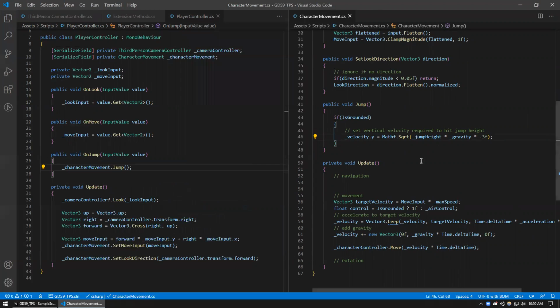Okay, so it's 11 o'clock. Let's take a break for 10 minutes. And when we get back, we'll set up our jump from our player input. And we'll get the last piece of our movement going. Then we'll add in rotating our character, and then we're going to spend the rest of the class playing around setting up our animations. So we can get our character looking a little bit more lively than the weird T-pose